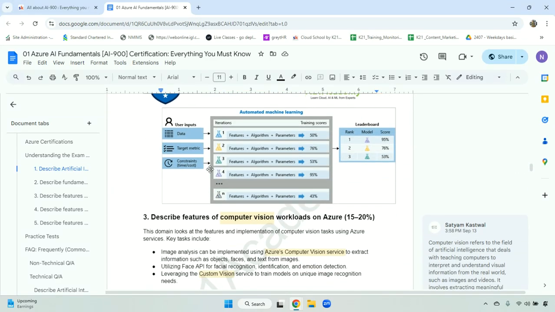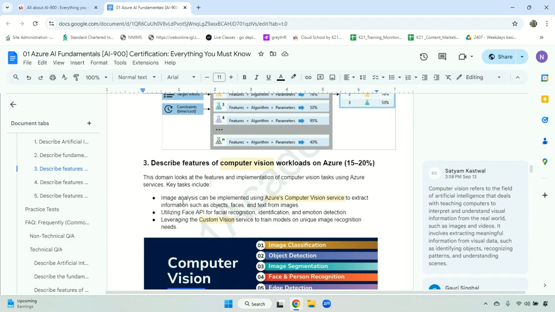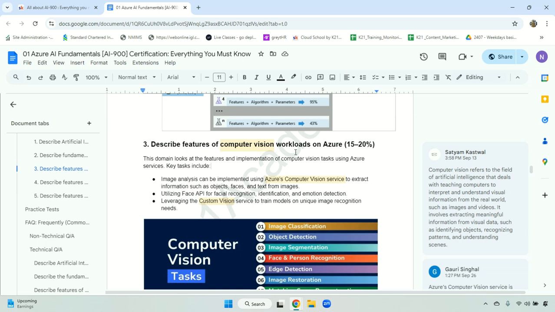Moving to the next part, where we talk about describing the features of computer vision workloads on Azure. Now, when we are talking about this domain, it has 15 to 20% weightage. And the key tasks included in this particular domain are